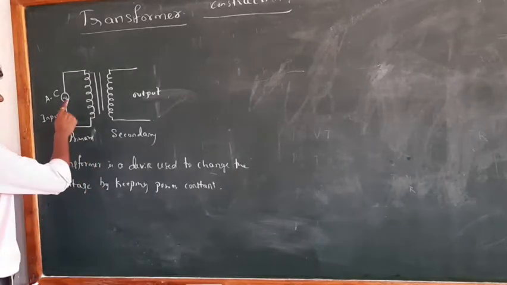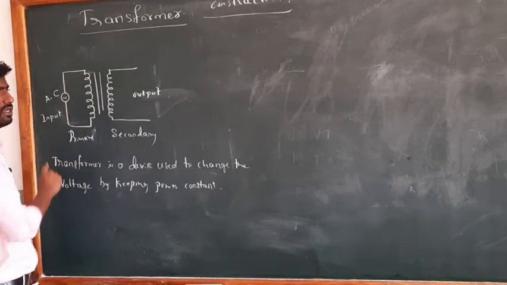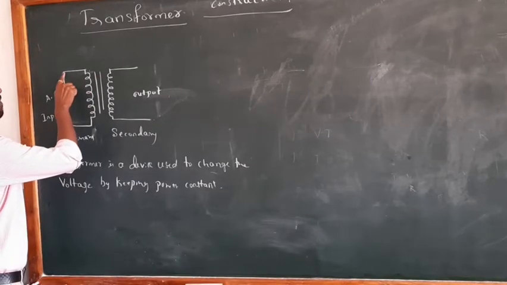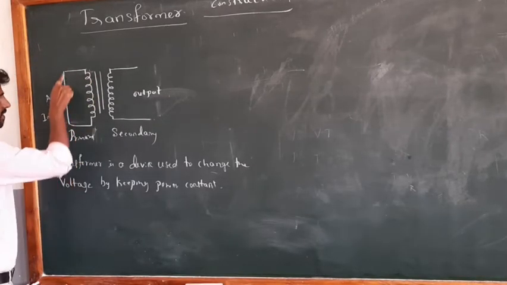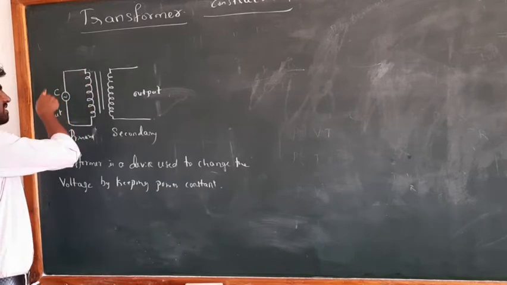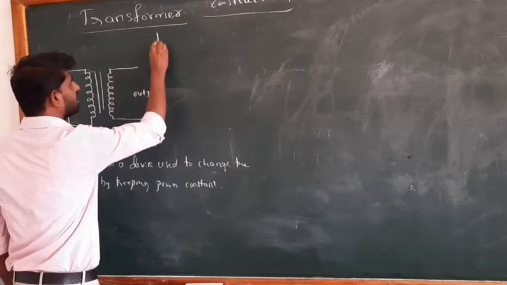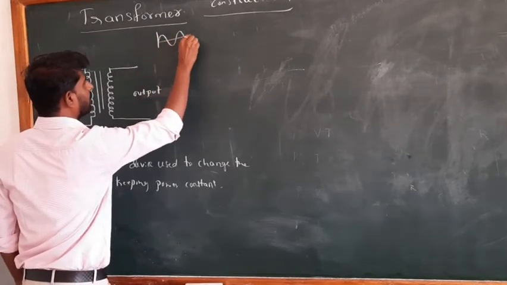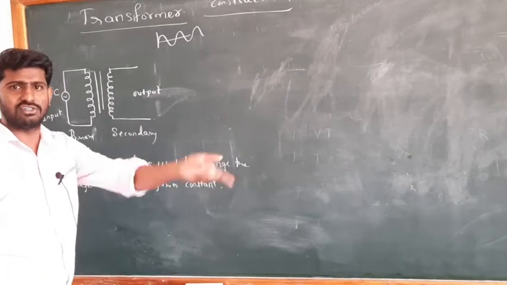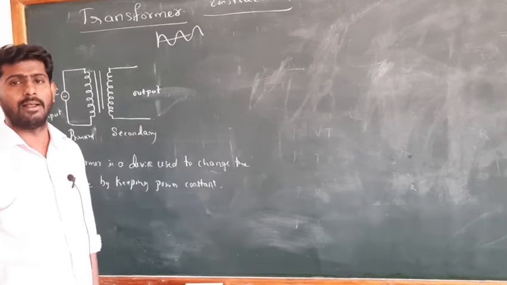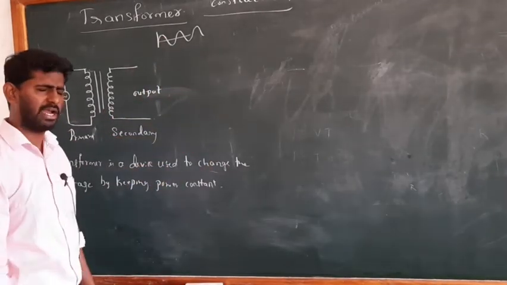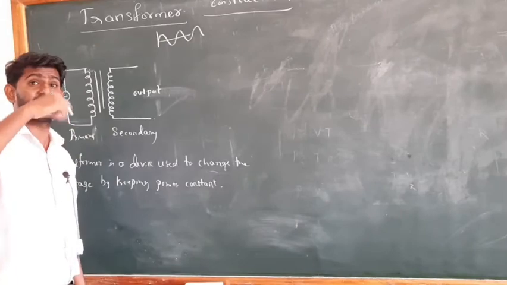So when you supply the AC to the primary coil, there will be a flow of current. For the first half cycle, the current is in this way, clockwise. For the next half cycle, the current is in the reverse direction. So AC is a current where the magnitude changes continuously and the polarity changes periodically. Here both the magnitude and direction, the magnitude and phase of the current, are continuously changing.